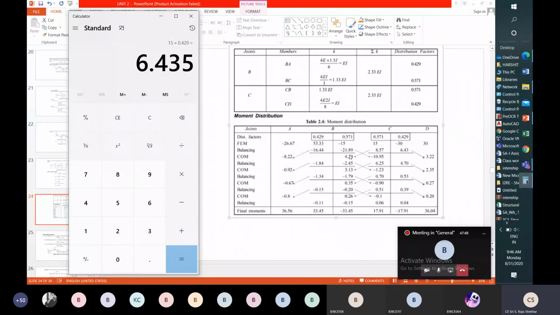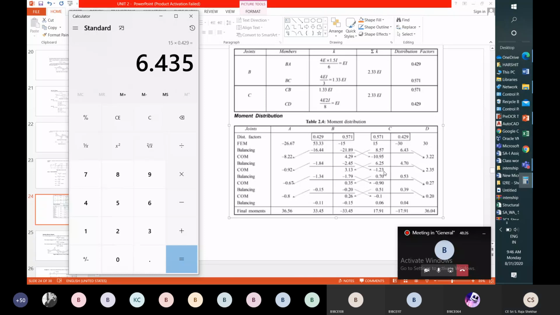పాజిటివ్ 2.45 వస్తుంది. దానికి ఏం చేయాలి, మనం ఆపోజిట్ సైడ్ లో యాడ్ చేయాలి. Minus 2.45 to this side. And now 4.29 multiply with 0.429 వేసుకుంటే ఎంత వస్తుంది? 1.84 వస్తుంది. ఆపోజిట్ సైన్ తో మనం యాడ్ చేసుకోవాలి. Minus 1.84 వస్తుంది. దీంట్లో మళ్ళీ ఏం చేయాలి? Half of the moment we have to carry to the near support. That is 1.84 లో హాఫ్ చేసుకుంటే 0.92 వస్తుంది. సేమ్ సైన్ తో క్యారీ చేయాలి. Here also 2.45 by 2 అంటే minus 1.23.